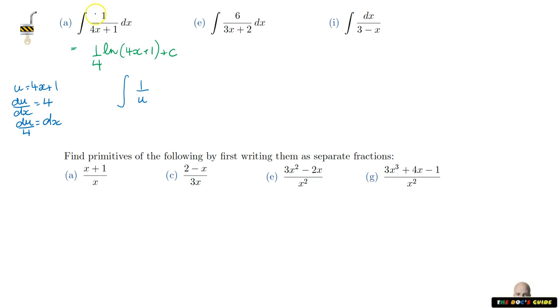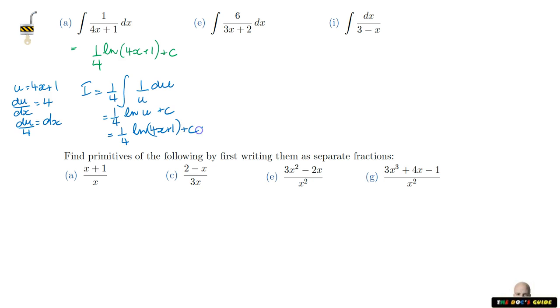So our integral of 1 on 4x plus 1 became 1 on u. Our dx became du on 4. So I'll switch that 4 from under here to out the front. And you can see that it starts to look very familiar. So our integral is 1/4 of log of u plus c. And of course we just then rewrite in terms of the original variable, which was 4x plus 1